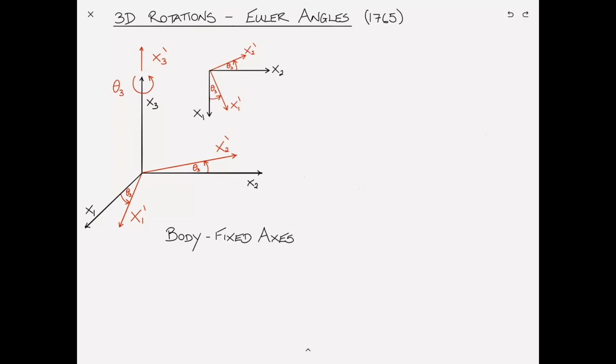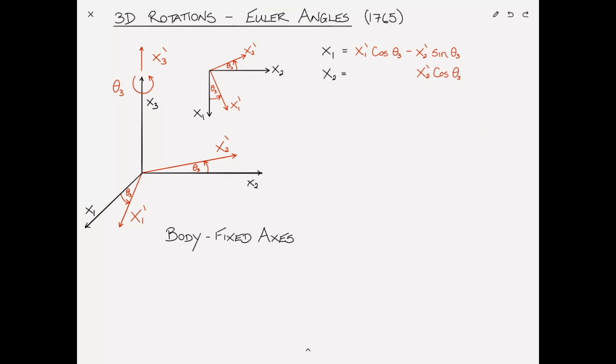If I want to write x1 in terms of x1 prime and x2 prime, that I can do quite easily. x1 is equal to x1 prime times cosine of theta 3. This is the projection of x1 prime in the x1 direction, minus x2 prime sine of theta 3. Why is it minus? Because the component of x2 prime that's in the x1 direction is actually in the negative x1 direction, as drawn. Similarly, I can write x2 as x2 prime times cosine of theta